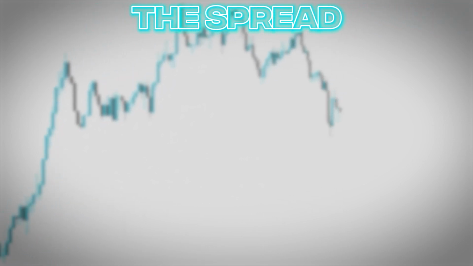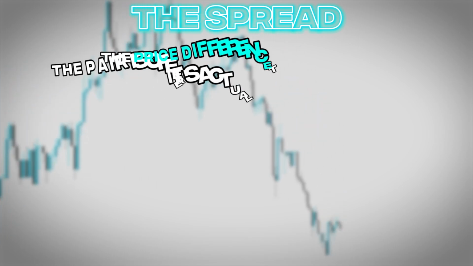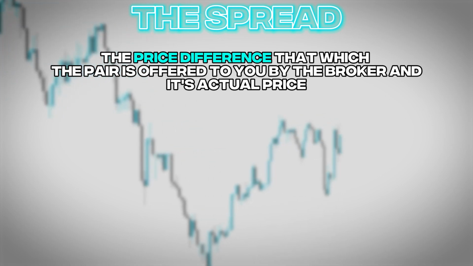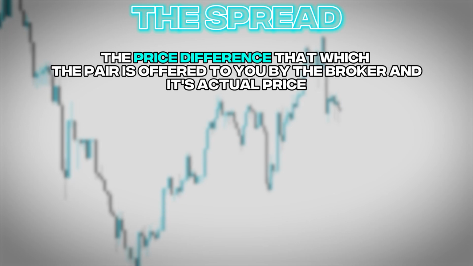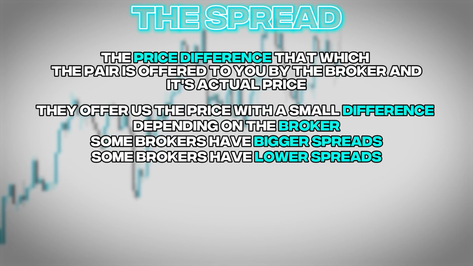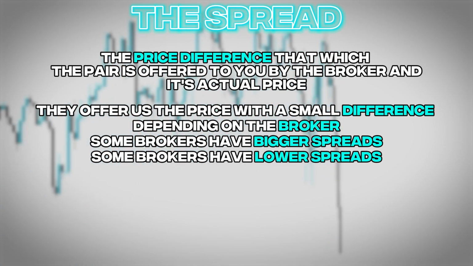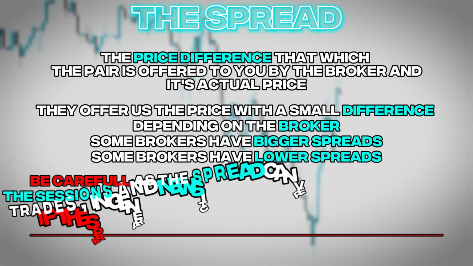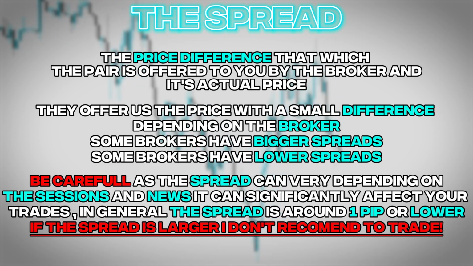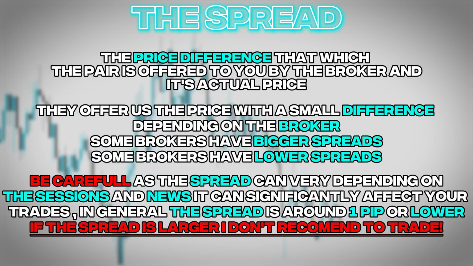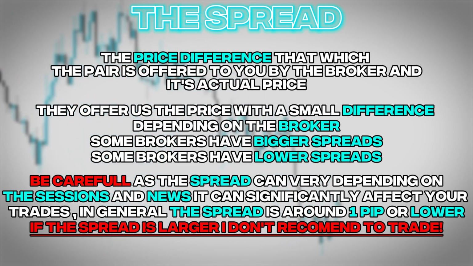So now, talking a bit about the spread. The spread is an aspect that many gurus don't talk about. It's represented by the price difference at which the pair is offered to you by the broker and its actual price. We must understand that brokers are businesses and they need to be profitable. So they offer us the price with a small difference. Depending on the brokers, some have larger differences, some have smaller differences compared to the actual price. So be careful, as the spread can vary depending on the session and news. It can significantly affect your trades. In general, the spread is around 1 pip or even smaller, and if the spread is larger,